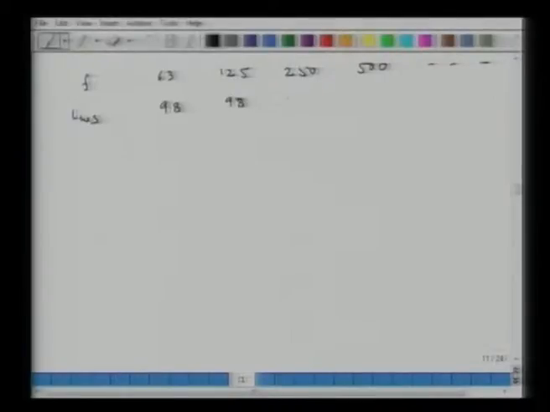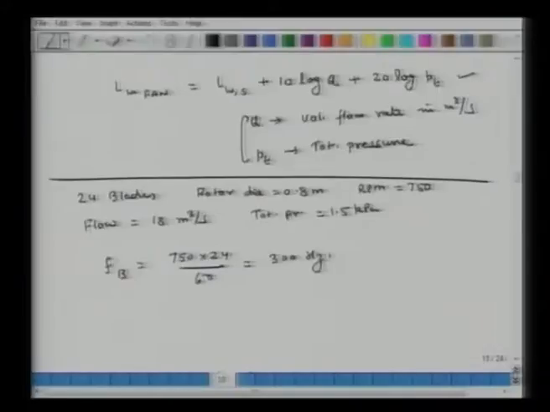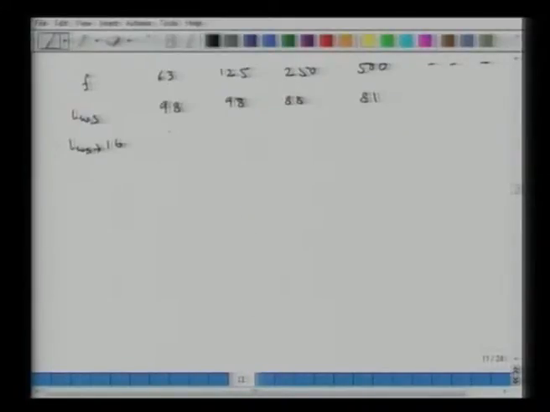Can you give me the numbers? At 63 hertz: 98, 98, 88, 88, 81, 81, and so on and so forth, right. Then my LWS plus 16. Where did 16 come from? 10 log of 18 plus 20 log of 1.5. 20 log 1.5 is 16. So, if I add 16 to this, what I get is